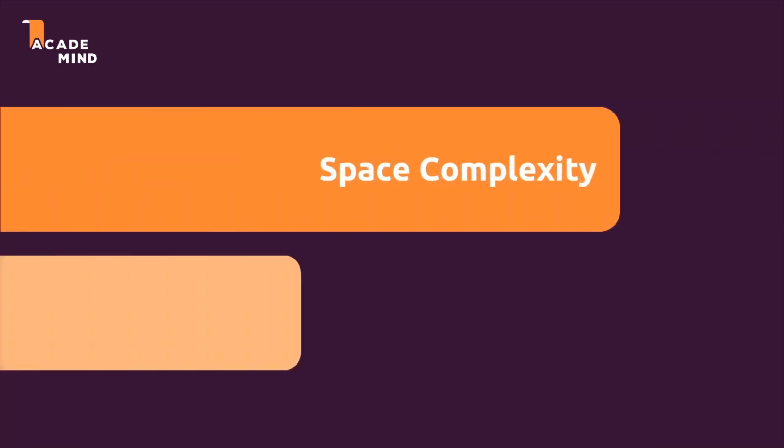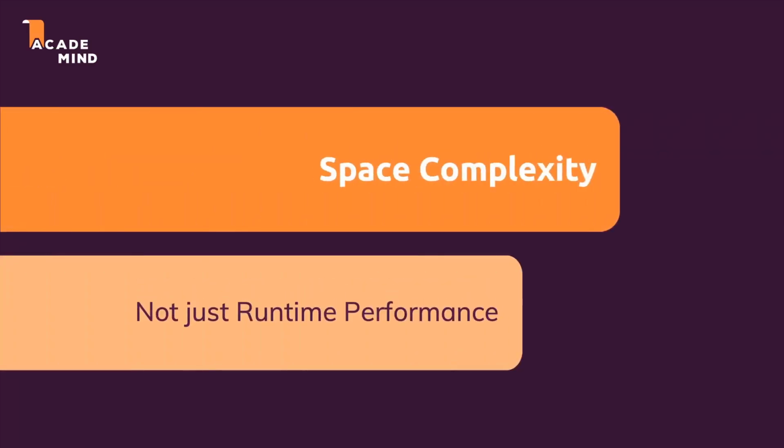In this module, it's time for space complexity. Thus far we focused on runtime, on time complexity, on the big O notation for time complexity. That's what we used thus far in this course to compare algorithms. And I can already tell you, time complexity typically is the far more important